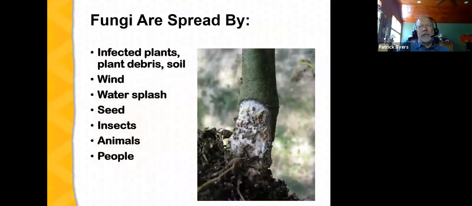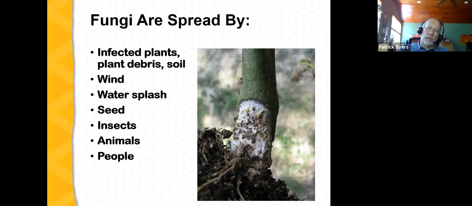Now, fungal diseases, there are a few cases where fungal diseases can actually, to some degree, move themselves. But in most cases, fungal diseases require some agent to move them around from one place to another. And some of the different ways that fungal diseases are spread, it could be on infected plants. You know, as we move transplants around or as we harvest plants and move them around, unwittingly, we can move infected plant material. And that can be the start of a new infection point. It could also be in the soil. As soil is moved around, there are a number of fungi that actually inhabit the soil. And as soil is moved around, these fungi can be spread as well.